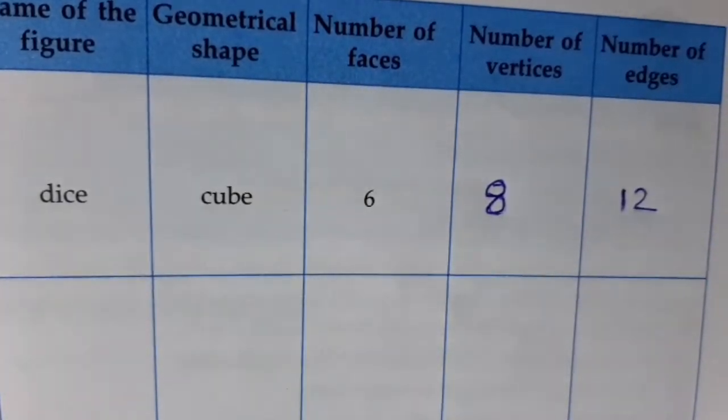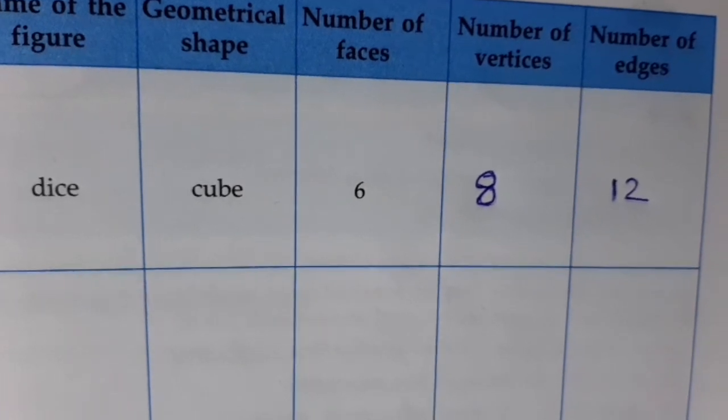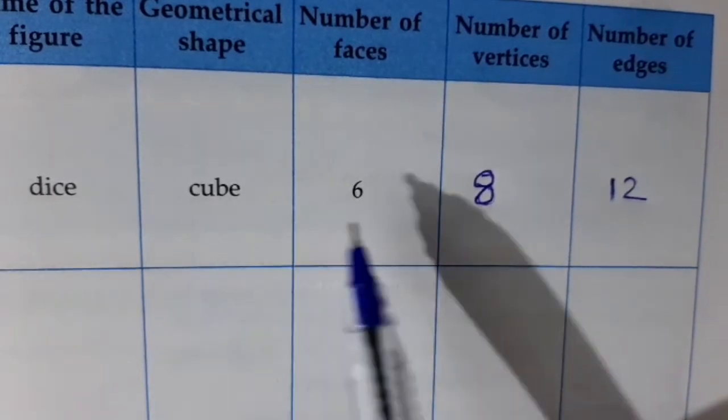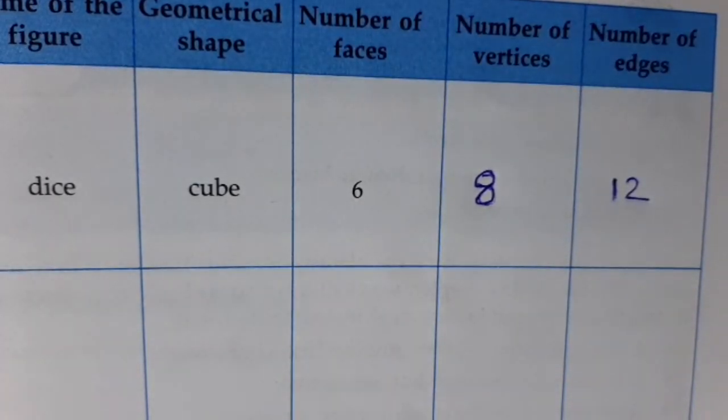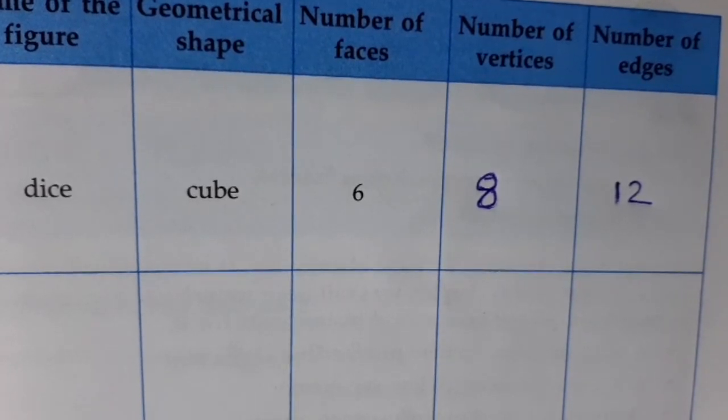Like this, you will write 5 items, but you have to write only those items that you have in the Zoom class. You will write the shape, and this table you have to draw on a piece of paper and then paste it in your notebook also.